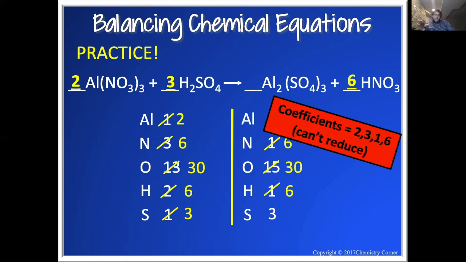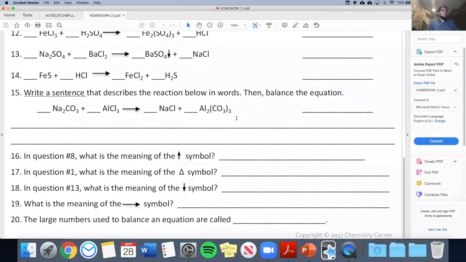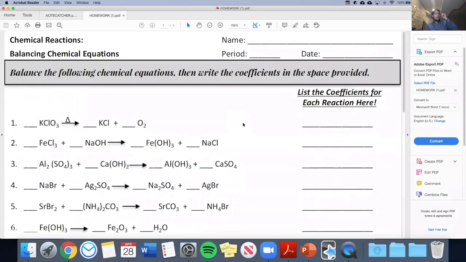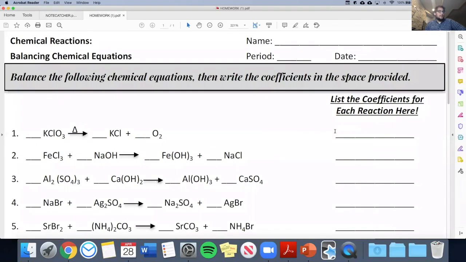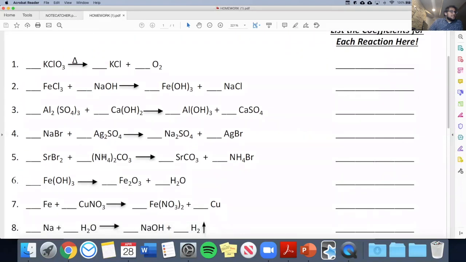Okay, so I'll stop right there. I'll call it a day because I've been talking for way too long. And you're going to want to get practice in for homework. The homework assignment looks just like this. If you don't have access to a printer, don't worry necessarily. You just want to make sure, maybe on a blank sheet of paper, to jot down the different equations, and then give balancing them a shot. And you see that some of these have the subscript thing that we talked about in the very last example, but for the most part,